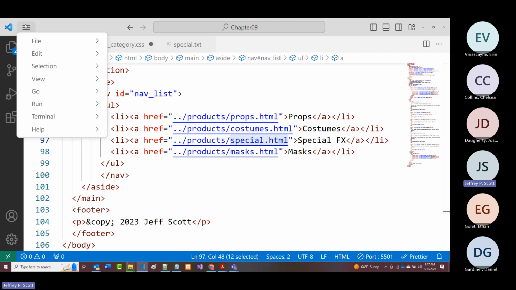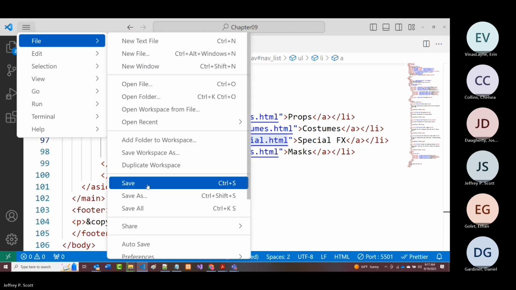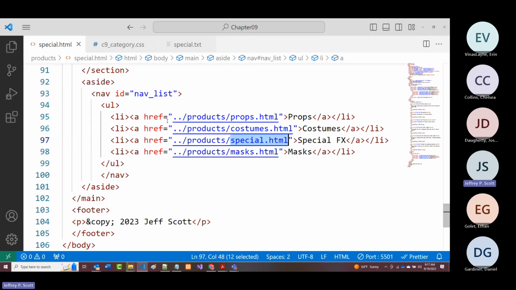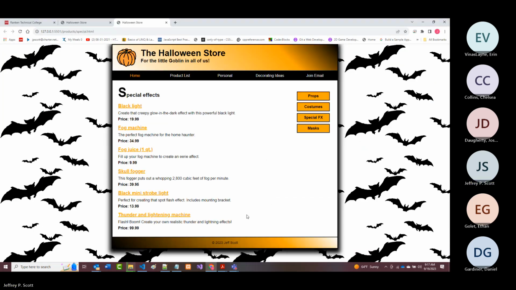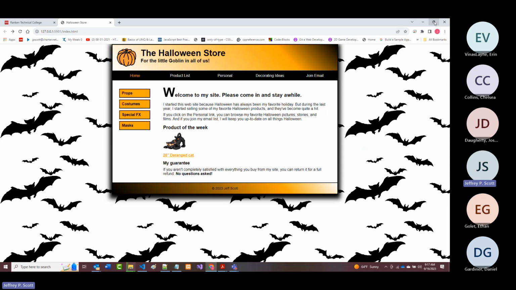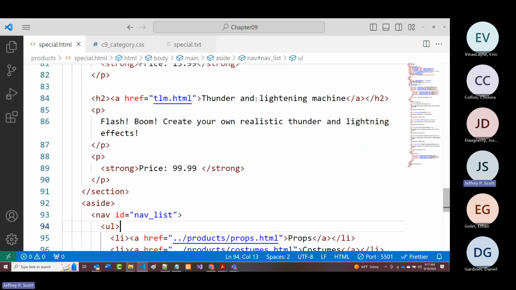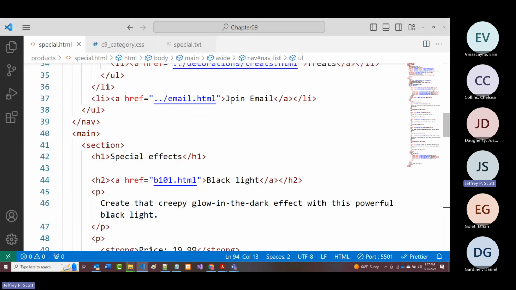When we got done with that, I did a file, save all, and I brought this page up in live server. All right. Now it's getting there because some of the CSS is in there, not all of it, but some of it's in there. So some of it already is looking the way that it should look. That's good. But let's now take a look at what we were supposed to be doing next, which was this